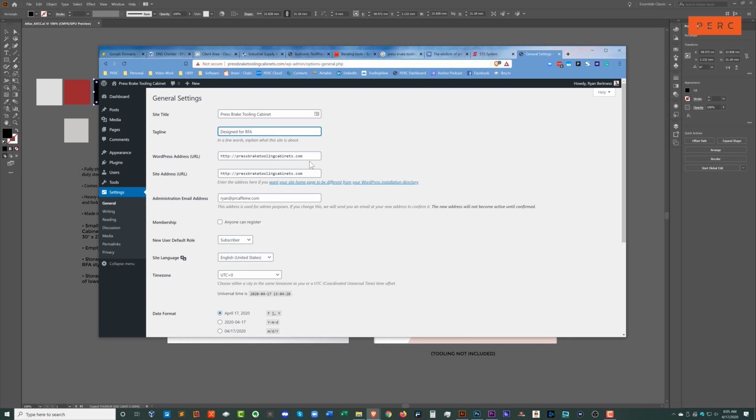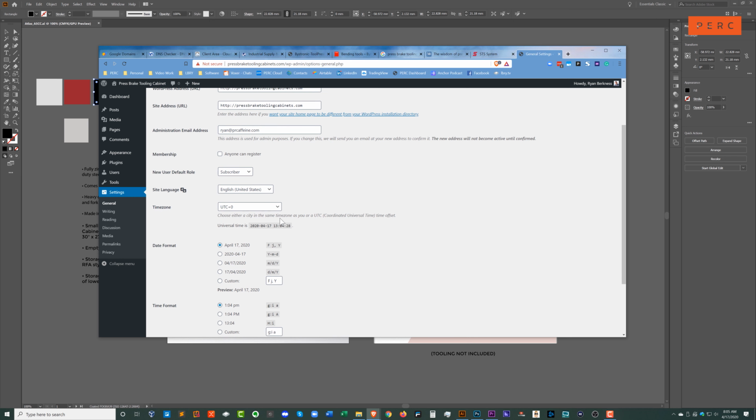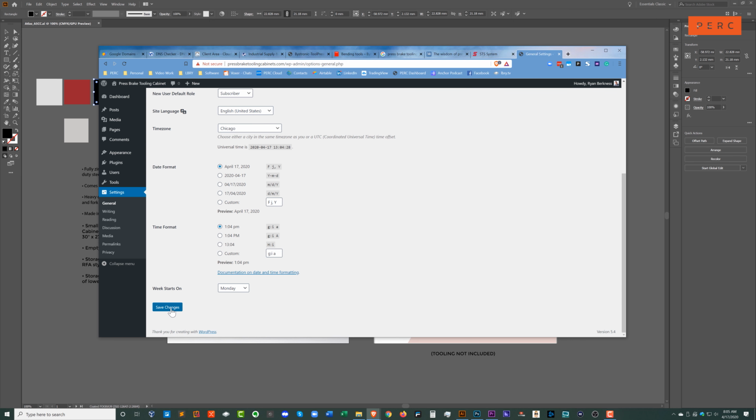RFA style, upper and lower tooling. All right, we have that in there. And I always set the time zone here to my local time zone because that makes everything work a little easier. I'm going to save these